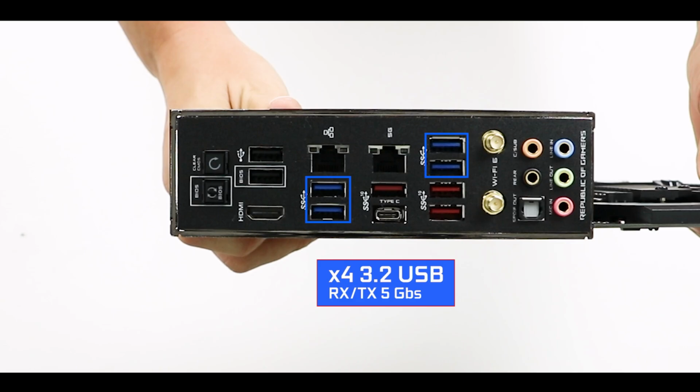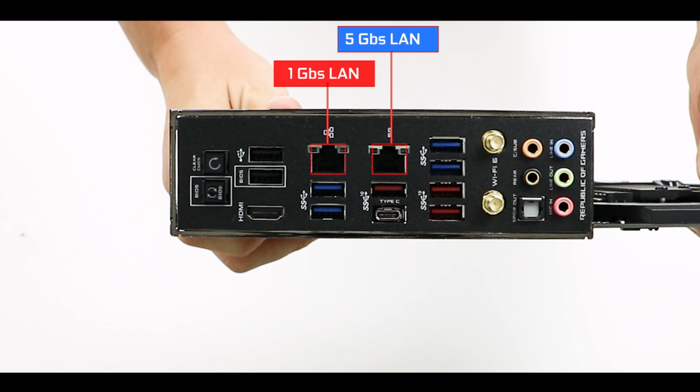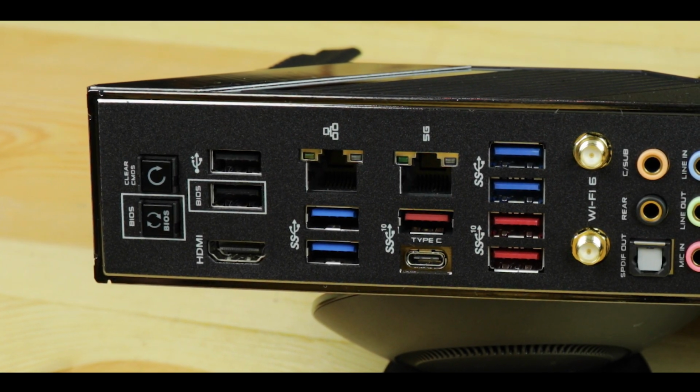Next, we have 4 5 gigabit USB plugs, 4 10 gigabit USB plugs including a Type-C, a 1 gigabit LAN, as well as a 5 gigabit Aquantia plug, which is a lot of bandwidth. And usually I'm not such a big fan of dual LAN plugs, but in the context of the Hero and the fact that a lot of gamers will be using this platform, it kind of makes sense, because